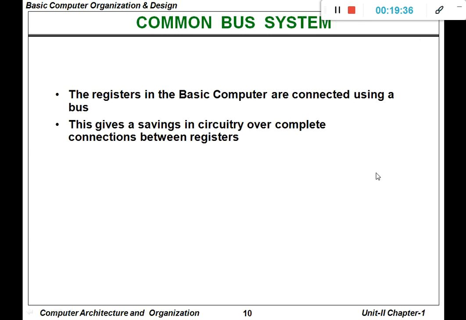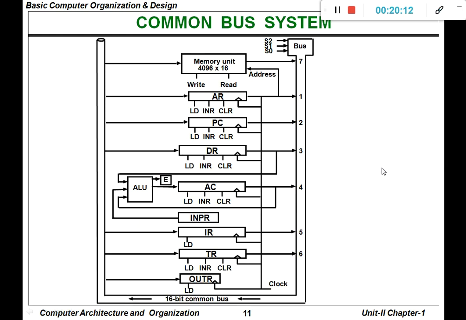To have data transfers between these registers, as well as data transfers between the main memory and the registers, definitely we need to have a bus structure. Already we discussed in the previous classes how to construct a common bus, using multiplexers or using 3-state buffers. Now let us see how these registers will be operated using the common bus structure.